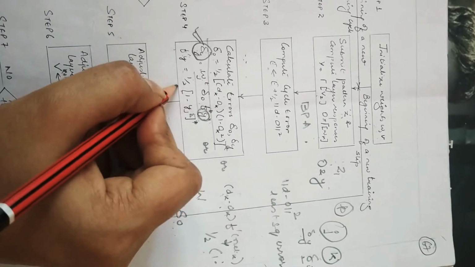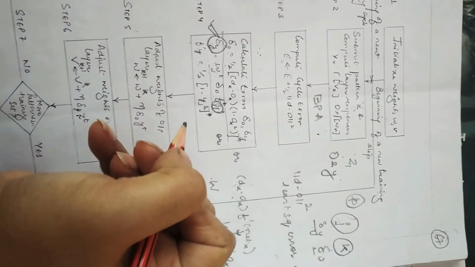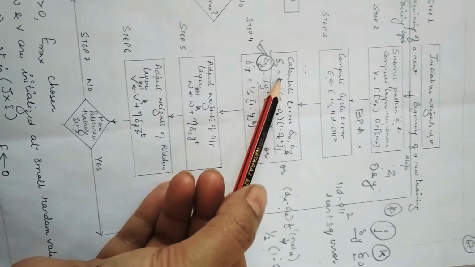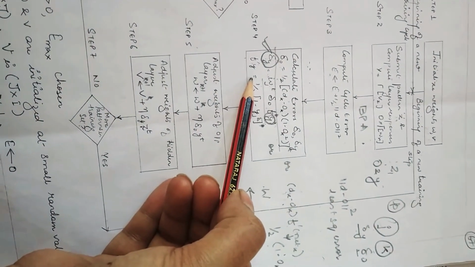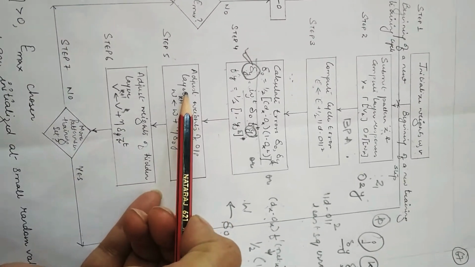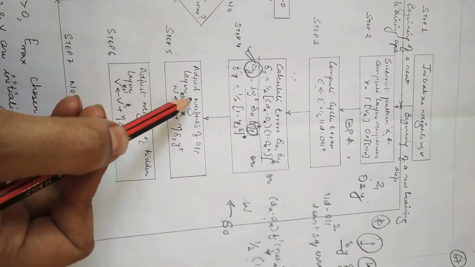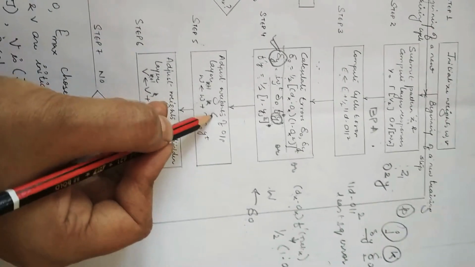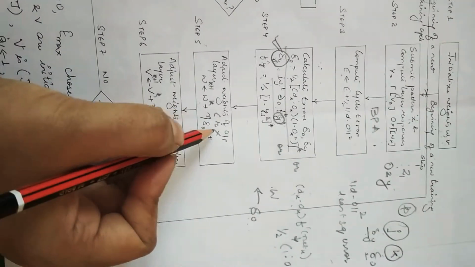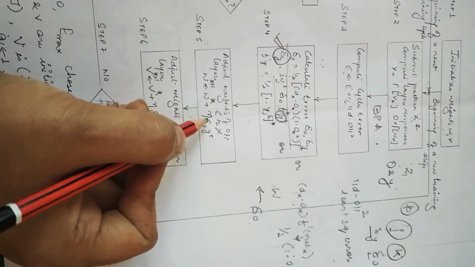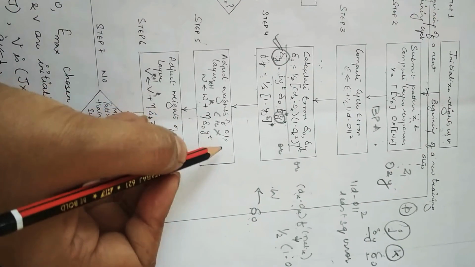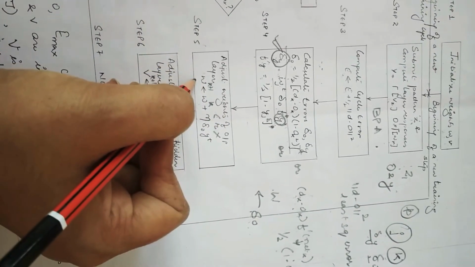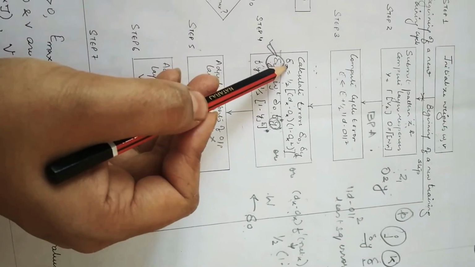We can write here half of 1 minus y square. Now after finding both the deltas or both the errors, we can now adjust the weights. Weight adjustment formulas are like this: wk plus 1 is always equal to wk plus c into r into x. Now c is eta in this case, that means a constant, learning constant. Now r is what? If we are talking about the output layer, our learning signal is delta naught.